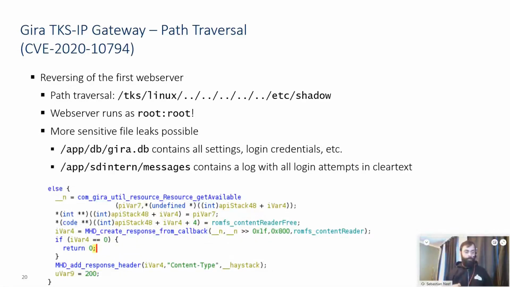And the other interesting file was the global log file /app/sd internal/messages, because the heavy load web server would log anything, all debug stuff, to this specific file, and it would even log the POST request data. So that means any keystroke typed in on the login form for the username and password would be logged into this file. So this made obtaining admin credentials to this device even easier.